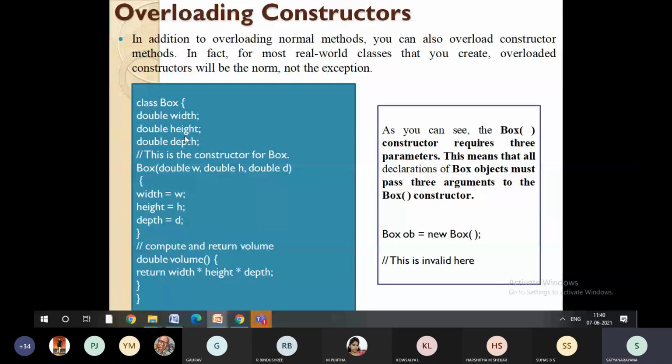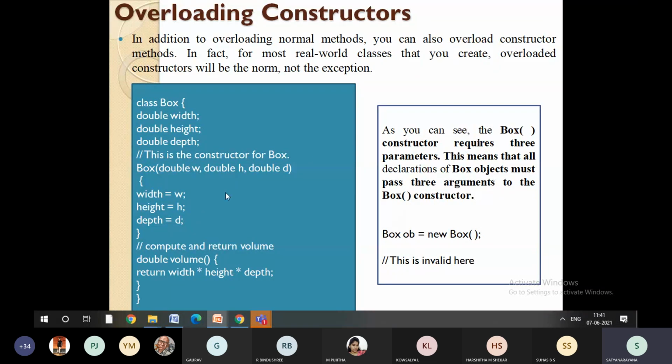Now, constructor overloading. What is constructor overloading? As we know, the class name is Box, and the constructor name is also going to be Box. Now what we are going to do here is call a constructor Box where we are going to pass some values. So when you are building a constructor, you can pass the parameters of the class as variables to the constructor, right? That is what we are telling here.